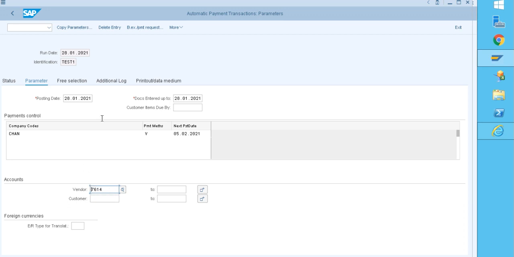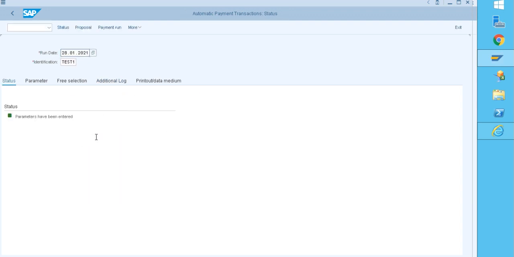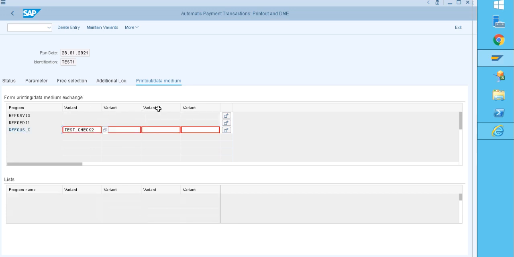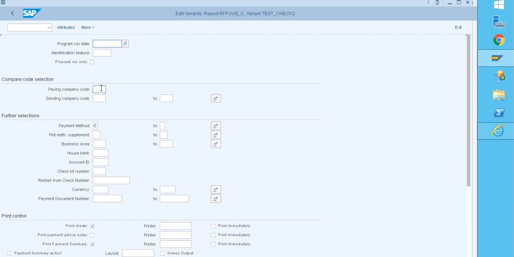Copy this, go to additional log, select these three items and paste them over here. Go to status and save, and again go to print data. We need to give a variant. The variant name is test underscore check 2, because I need to print this out. Go to maintain variants, select for all sessions and continue.